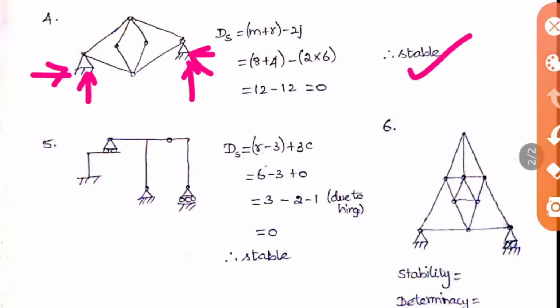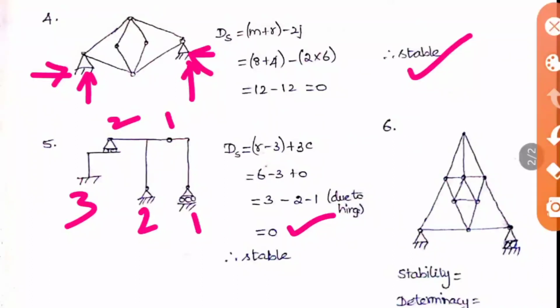The next one, the fifth sum. Here it is a portal frame, so you can go for the rigid frame formula, r minus 3 plus 3c. I have joined external and internal and written it here. For r minus 3, r is here fixed, so 3 reactions, here 2 and here 1, so 6 minus 3. There is no closed loop, so 0. So it is 6 minus 3, equal to 3. This is the part before the addition of the hinge values. If this link is given, here 2 should be subtracted, and this internal hinge is 1. So it is 3 minus 2 minus 1. The answer will be 0. At last we are getting 0, so it is a stable structure.